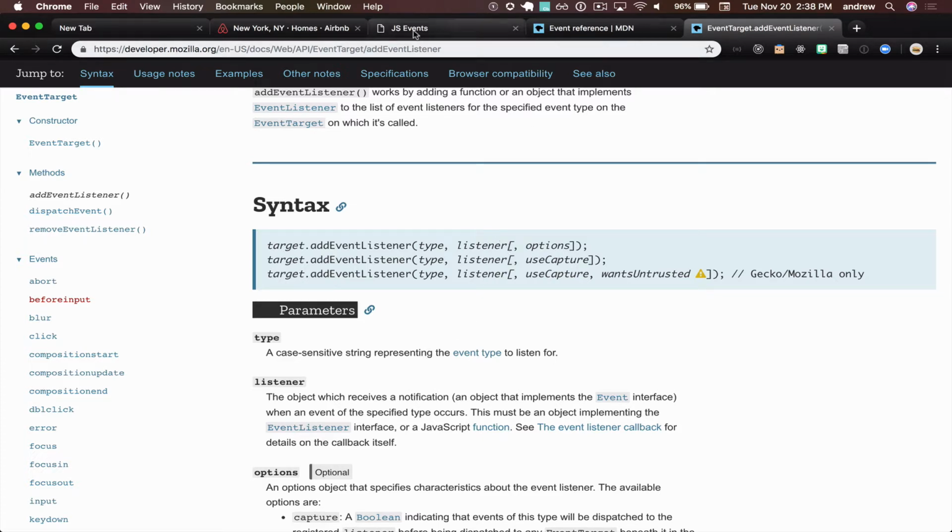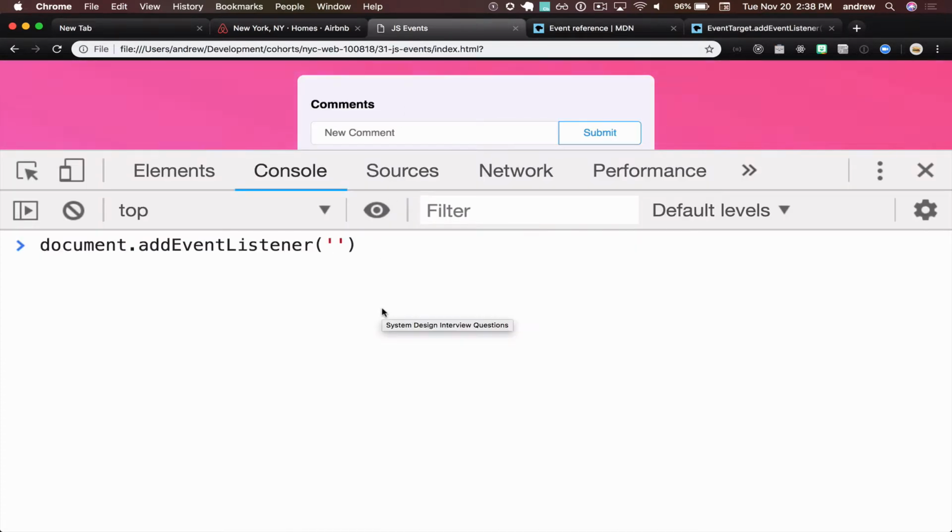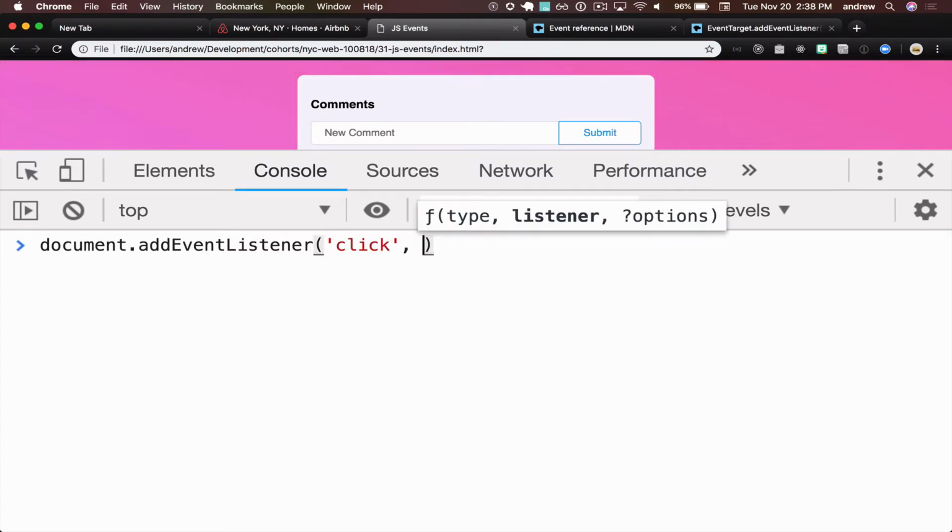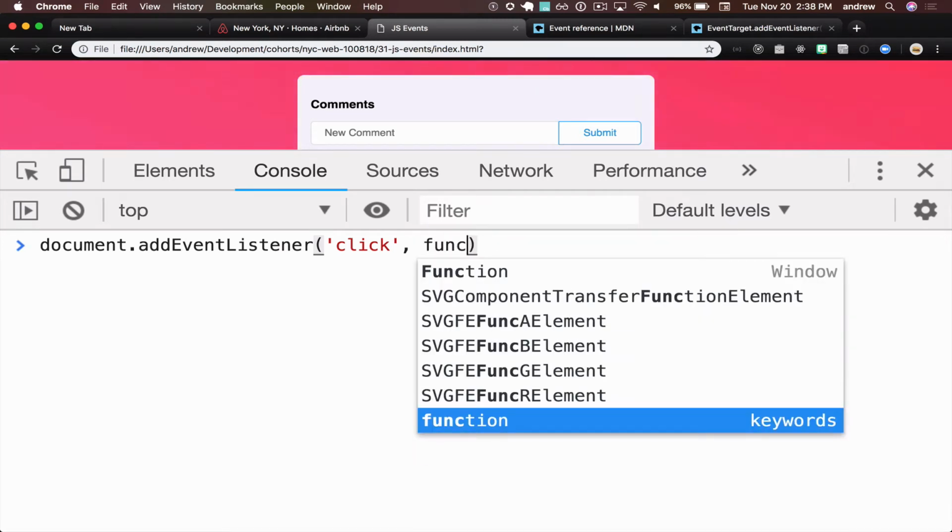listener function. Okay, and we'll break this down in a second, but let's say that I want to listen for click events just everywhere in the document. What I would do is say document.addEventListener for the click event, and this takes in as a second argument a function. By the way,